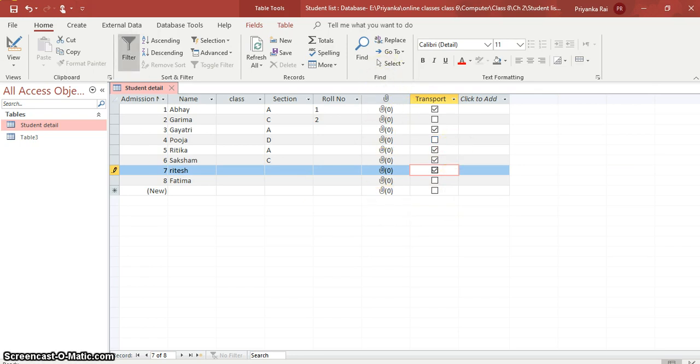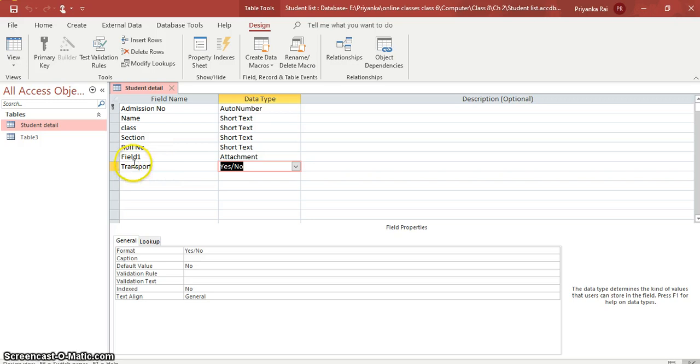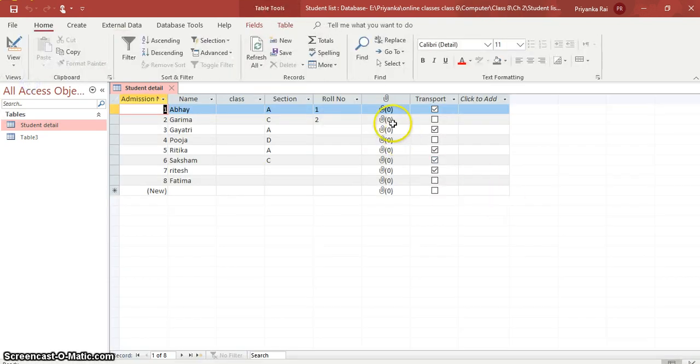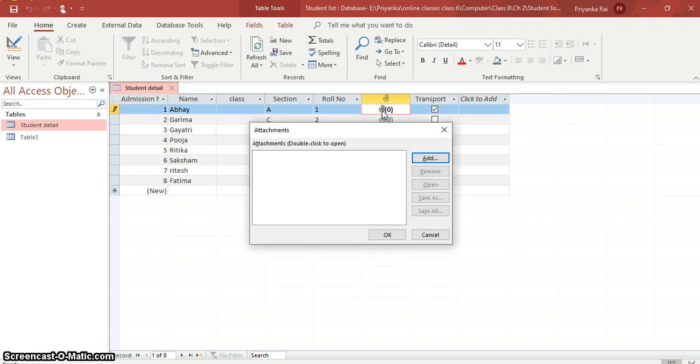This I have created for attachment. Let us see first in design view. I have written field 1 attachment. It can be any document if I want to attach any document. So this field works for the attachment here. Like I want to attach a file here. I'll just click the field and add.